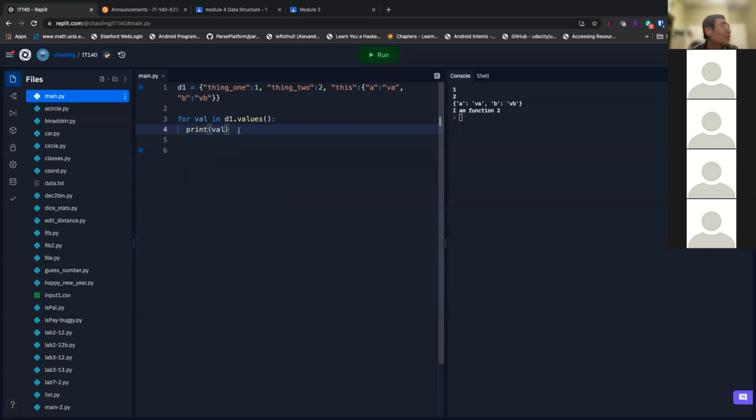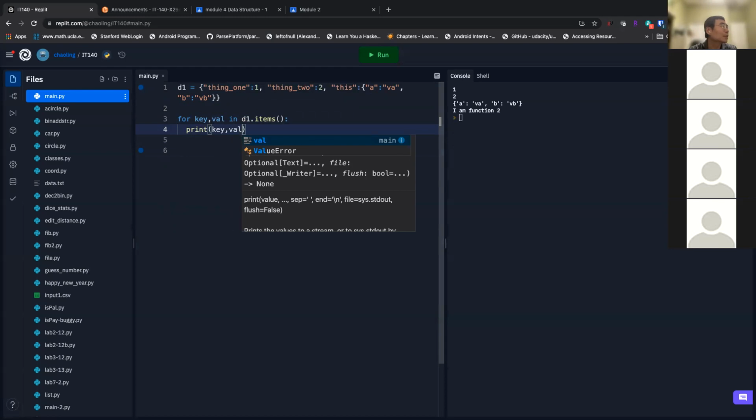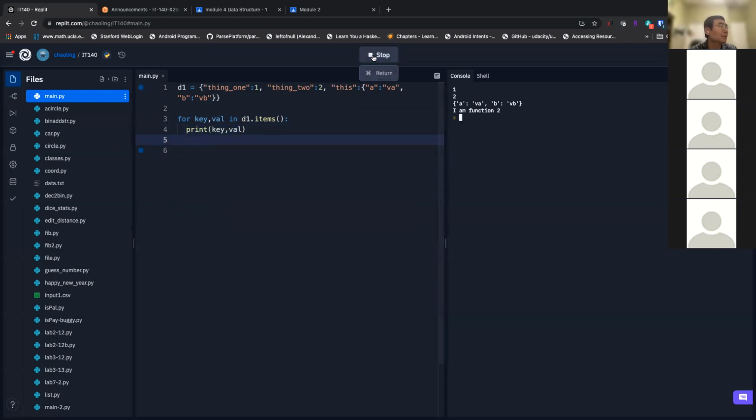Where we are: we print the values, right? And then you can see the values. We can also print both the key and values, like items. Items will give you, that's interesting, it returns a tuple at a time. So for key, value in items, then print key, value. So I'm going to print a pair at a time.